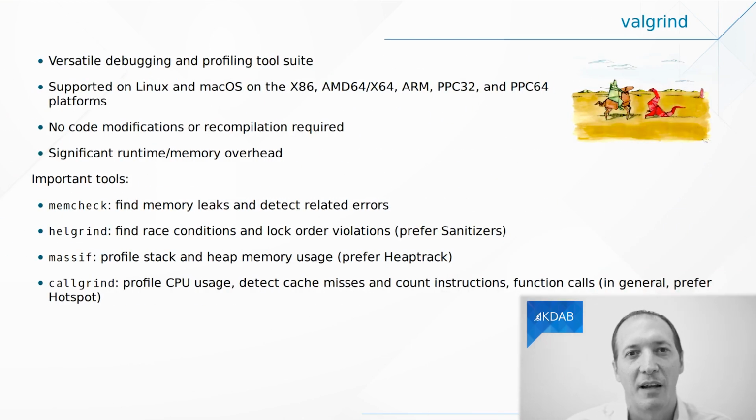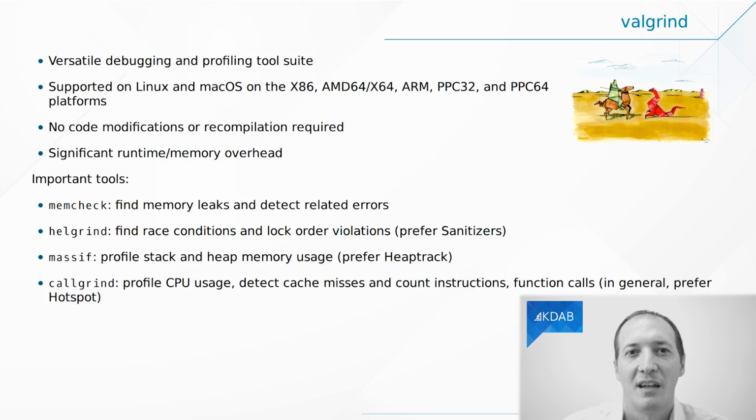Now let me tell you about Valgrind. This is a tool that is especially known on Linux. It also works on macOS. It will run your application, though in a very slow way. It takes its time, but it will look at what your application is doing once compiled, right? It's running on the binary. And it will tell you things like, you are using memory after you deleted it. That's very bad. Or you are using this bit of memory without initializing it, and all of these kinds of errors. So that's quite useful when you have behavior that doesn't seem to be reproducible.